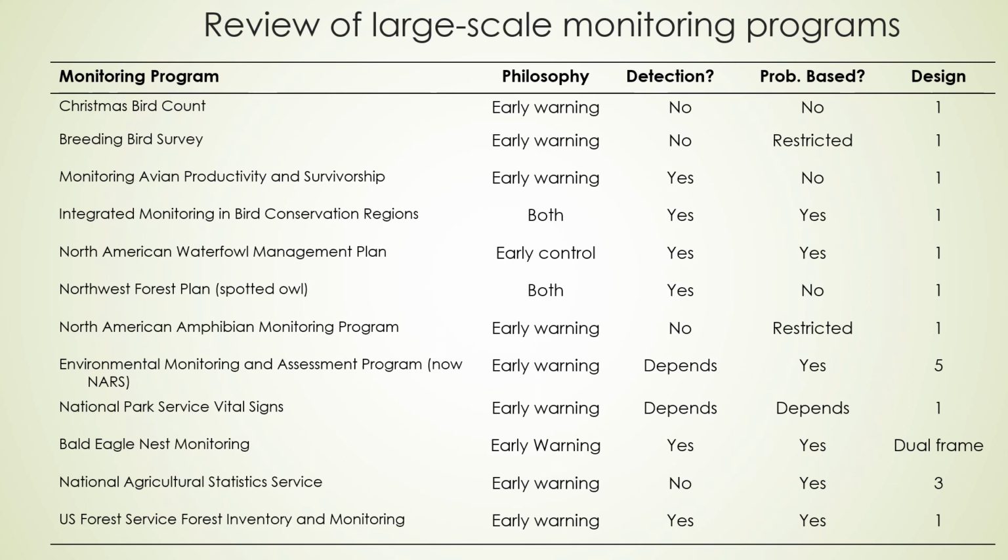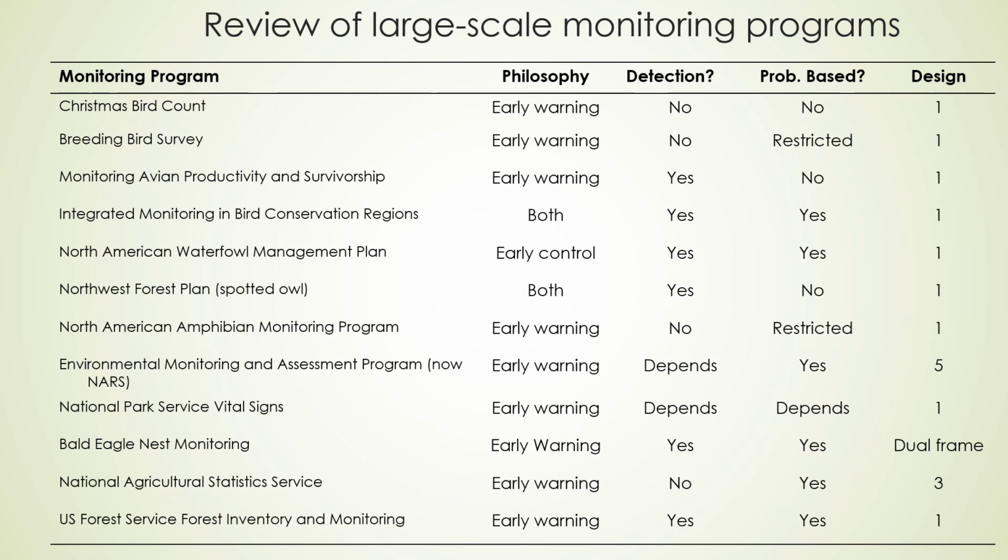The fourth one is the Integrated Monitoring in Bird Conservation Regions. This is the bird monitoring program designed and carried out by Bird Conservancy of the Rockies. It really has elements of both the early warning and the early control philosophy. It does account for detection probabilities, and the sites that are sampled are probability based, so that allows for inference to large regions. And it's mostly a design one, although depending on questions being asked in specific regions, you may have